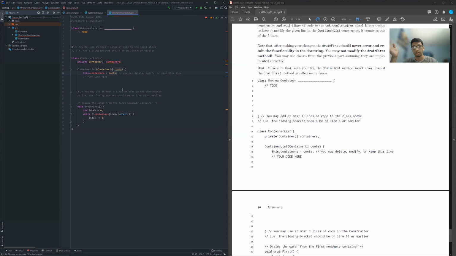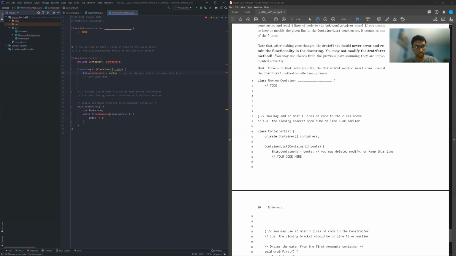So how could unknown container play a role? I'll pause here for a second if you want to think about it. Well, unknown container might be the solution to our problem. If we have non-empty containers, we can put an unknown container, or just a regular unknown container that we can drain. So that way we don't run into that problem. We break out of the while loop by forcibly returning true. And that effectively breaks open the whole problem.